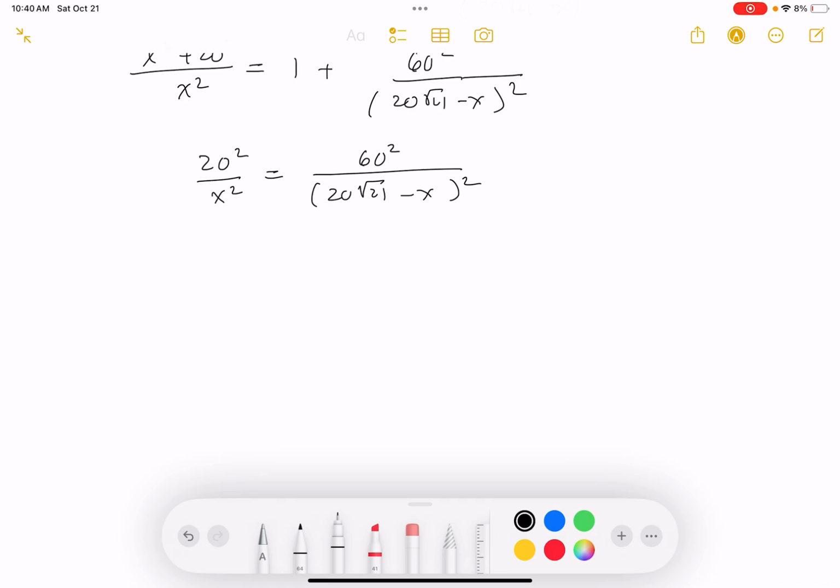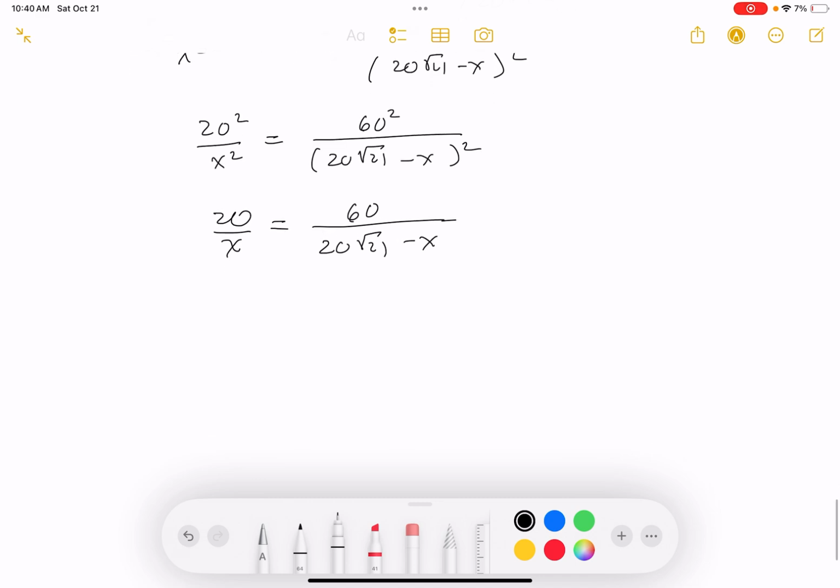So what I want to do is take the square roots of both sides. And it looks relatively simple to do. And not plus or minus, by the way. It's going to be 20 over x is equal to 60 over 20 root 21 minus x. And what I'm going to do now is take reciprocals again. I get x over 20 equals 20 root 21 minus x